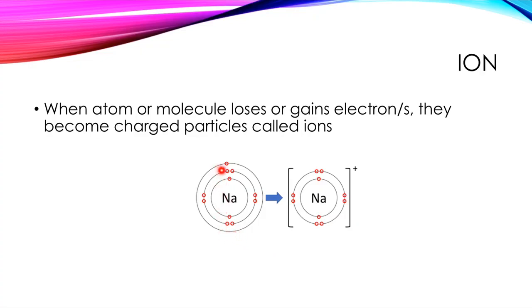Sodium atom has one electron in the last shell. When the one electron is lost, can you see that one electron losing in this case? We have the last shell gone. हमारे पास यहाँ पे 3 shells हैं atom में, यहाँ पे 2 shells हैं. So the last shell is gone because the electron that was present in the last shell has gone. Once the electron is gone, sodium gets a positive charge. Whenever an atom loses an electron, it gets a positive charge, and whenever an atom gains an electron, it gets a negative charge. Gaining पे negative charge and losing पे positive charge.